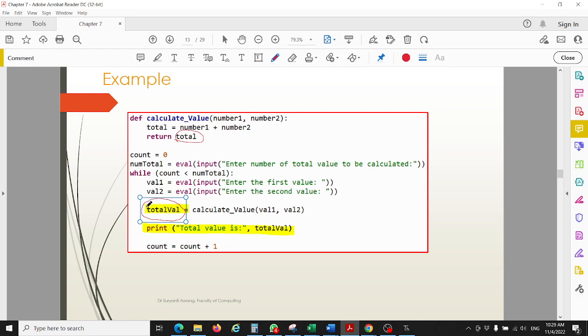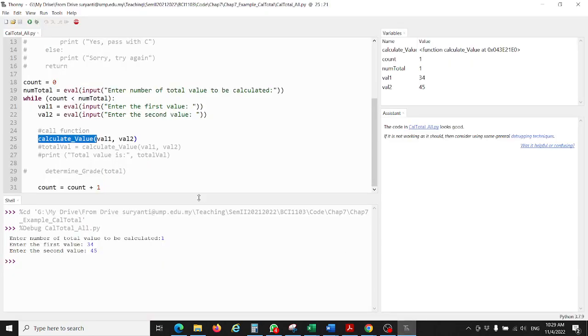Okay. So that's why here I create one variable. The variable name is total while equal to it will call this function. Okay. So that I can print out that total value here. Okay. You can see again here. I close this one. I will open this one. And then I will print this one. Okay. If we debug,